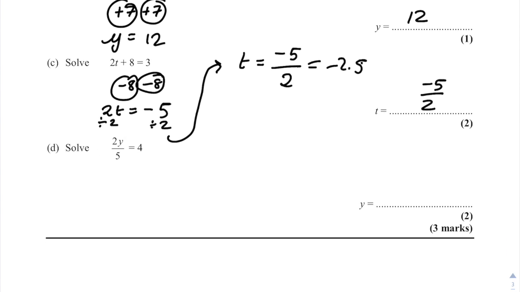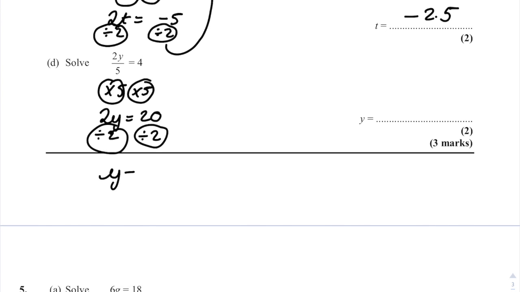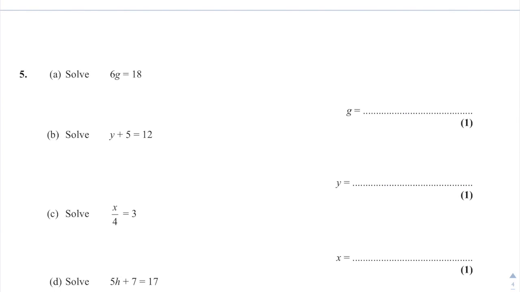So for D, we've got 2y divided by 5 equals 4. So we've got to times by 5 on both sides. So this leaves you with 2y equals 20. Then divide by 2 on both sides to get y equals 10. So y equals 10. So for 5a, similar as the previous examples,